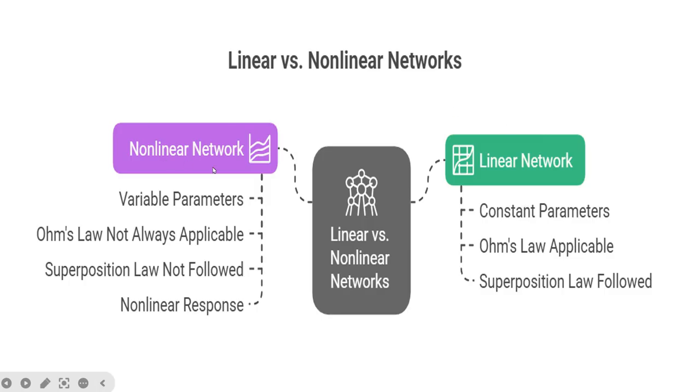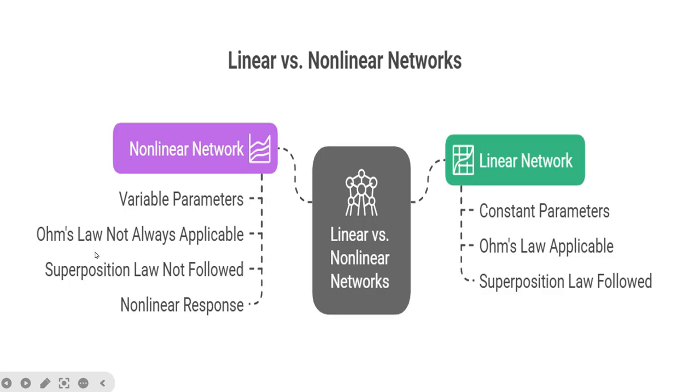Now we'll see what are non-linear networks. So here, what are non-linear networks? Here we were having the constant parameters, but here the parameters will be variable. So non-linear networks are those whose parameters change their values with change in time, temperature, voltage, etc. Non-linear networks are those whose parameters will have a change in their values with the change in time, temperature and voltage. There may be other factors also, and for such type of networks we